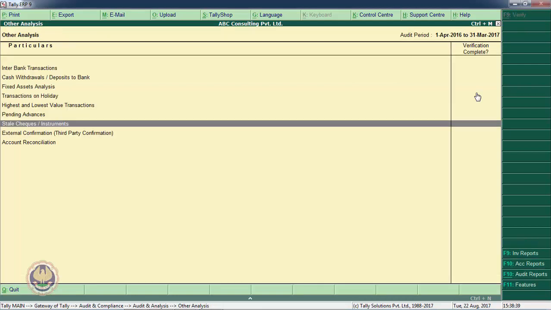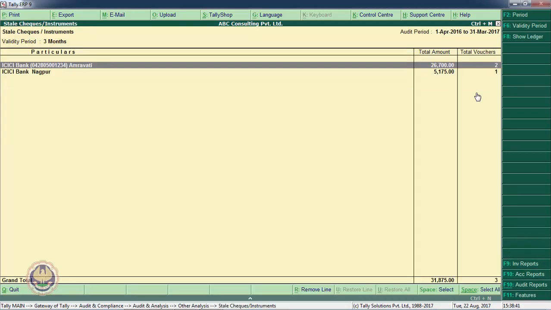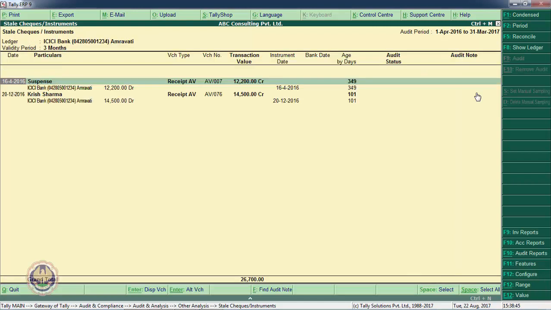Stale cheque or instruments. I am opening this menu. I am opening the ICICI Bank ledger. So there are two transactions of receipts which are yet to be cleared in the bank. We have recorded these transactions, but they are not yet cleared in the bank, and the days passed are 349 and 101.